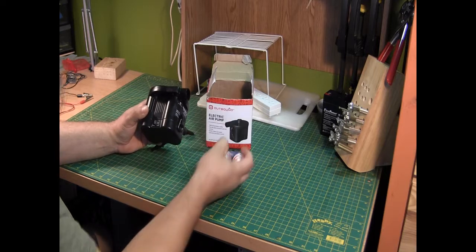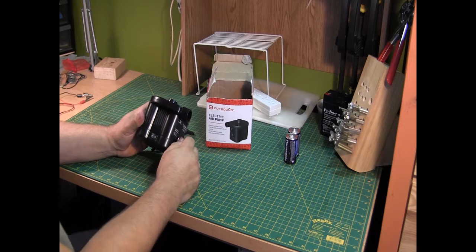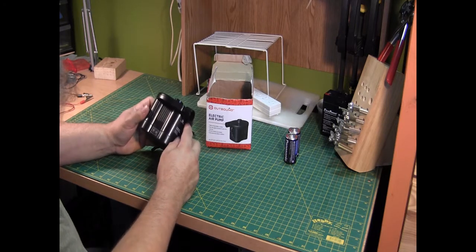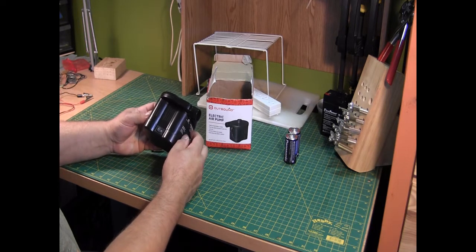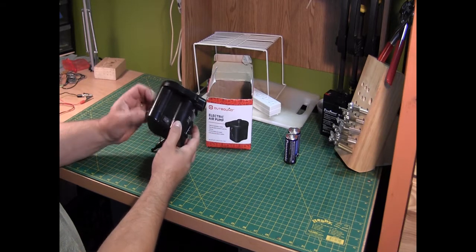Here's 2, but I don't want to keep buying the cheap ones because they don't last more than a camping trip or 2, and I don't want to spend money on the good ones to last 4 or 5 camping trips because, again, it's not very cost effective. So what I'm going to do is